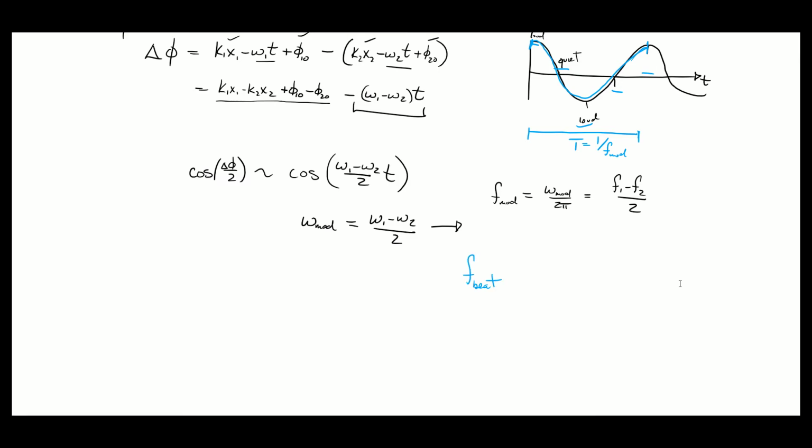We call this phenomenon beating, where if you have two speakers, say, playing notes that are close together in frequency but not the same, how loud the sound you hear is going to go from loud to quiet, loud to quiet, loud to quiet. We call that beating, and the frequency of the beat is twice the frequency of that modulation, which ends up being just f1 minus f2, the difference in frequency between the two sources.